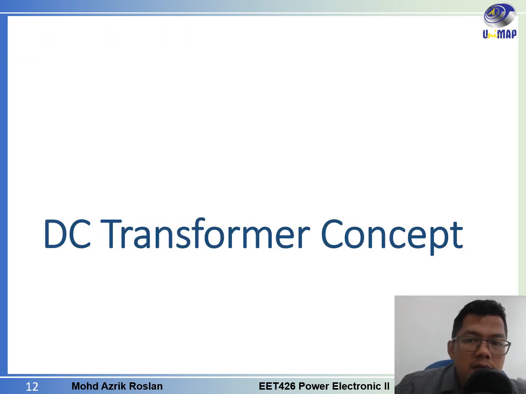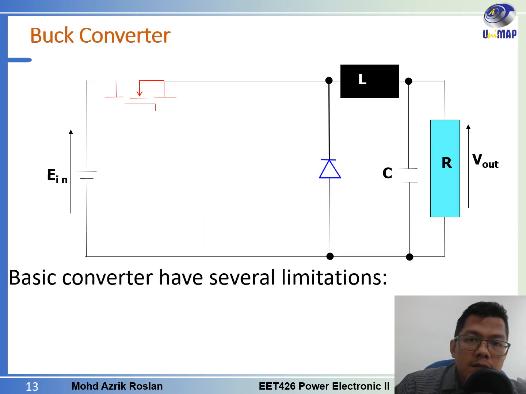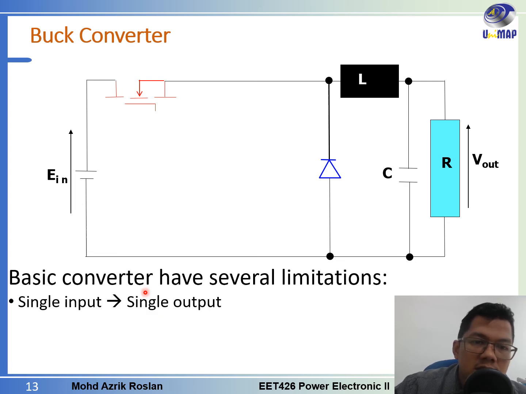Now we will look at the concept of the DC transformer. Before we go to the DC transformer concept, I think you are familiar with this. This is the buck converter. We have the input DC, the switch, the diode here, the inductor and the capacitor. As you know, the basic converter has several limitations. It has a single input and single output,